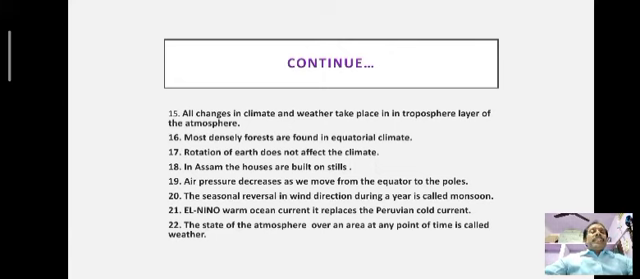Next is all changes in the climate and weather take place in the troposphere layer of the atmosphere. So there are different layers of the atmosphere, but the troposphere is the layer where the climate and weather changes take place. Okay, so